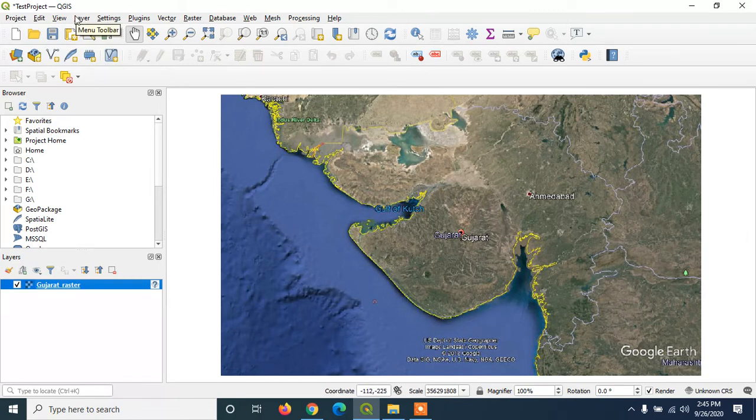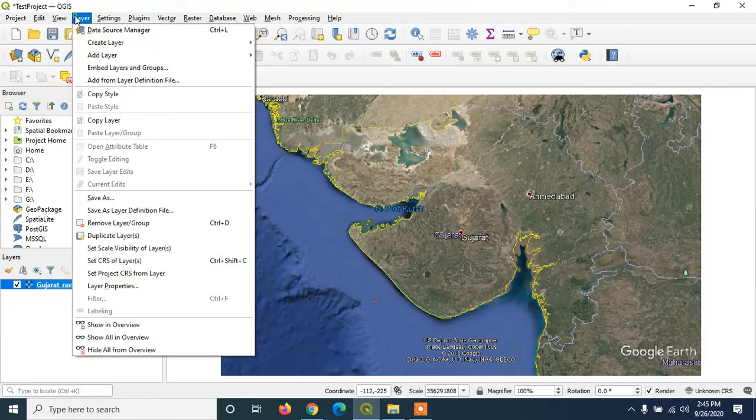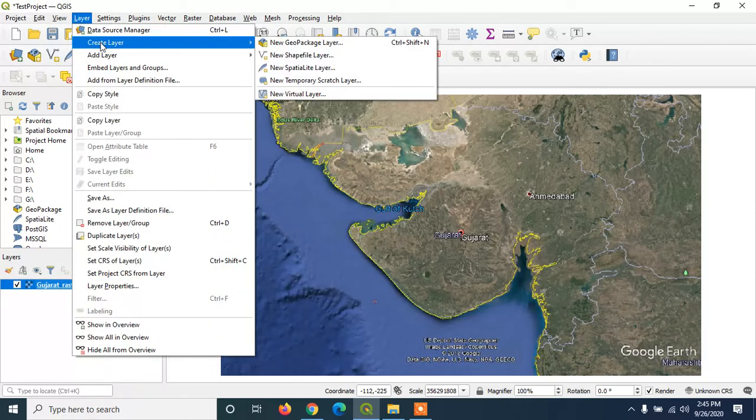Now on this image file, on this raster layer, we are going to create a new vector data point layer. So I have selected layer, create layer, and new shapefile layer. Why new shapefile? Because vector data are stored as shapefile with extension .shp.